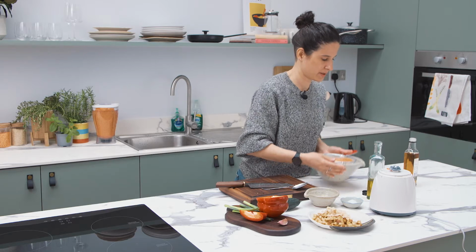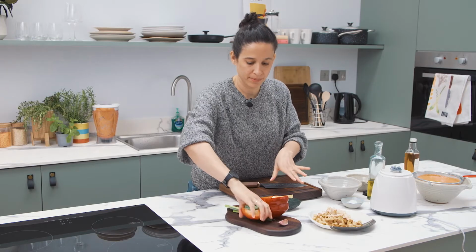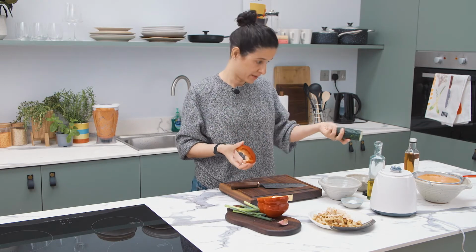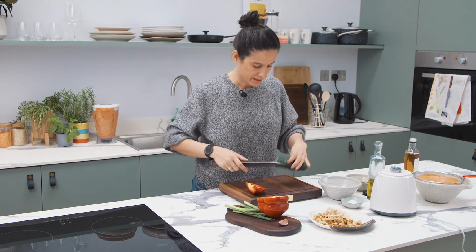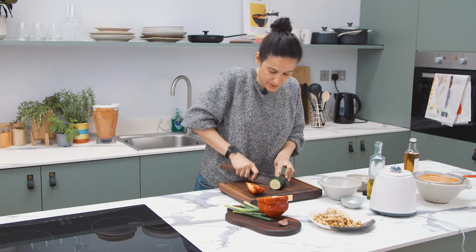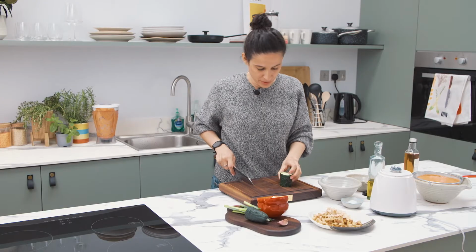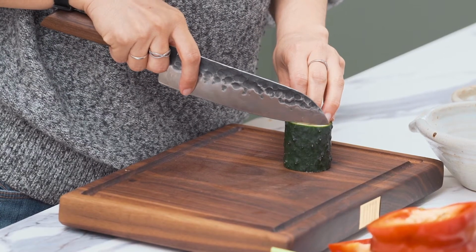So I'm just gonna keep that there, doing its thing, and let's prep the garnish. It's pretty much the same thing that goes in the soup, only fresh on top. And what we're gonna do is cut it very thin. What I do when I want to cut very thin cucumbers, I just put it like this and just start cutting